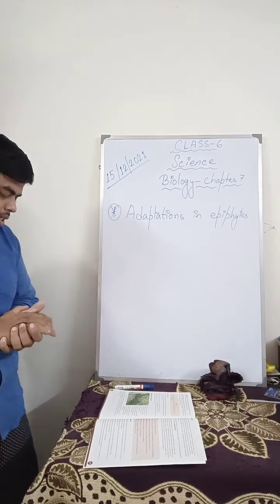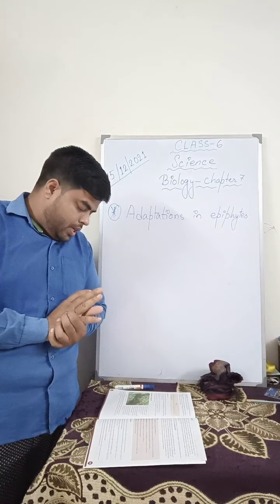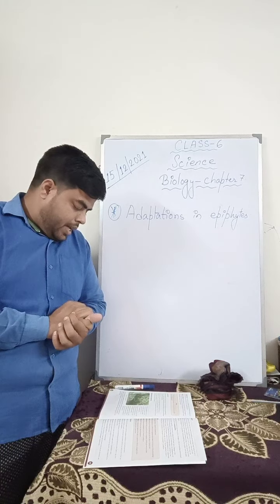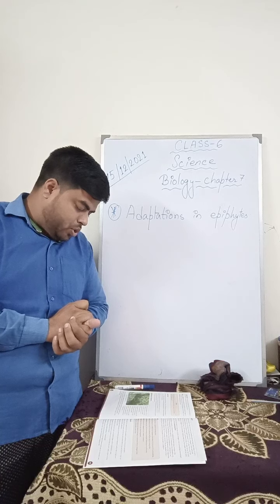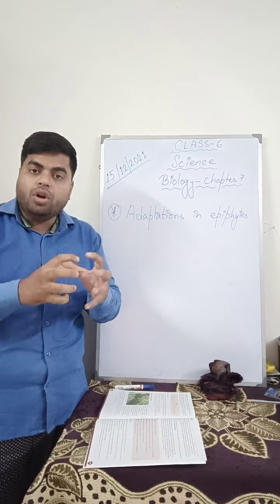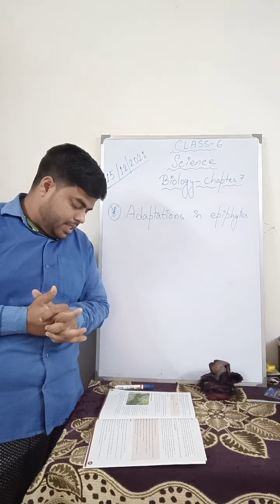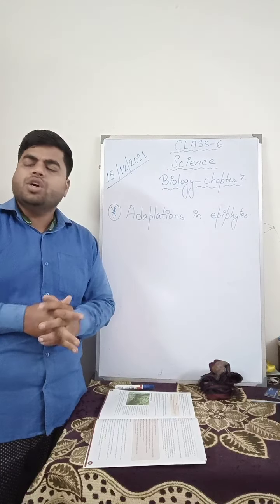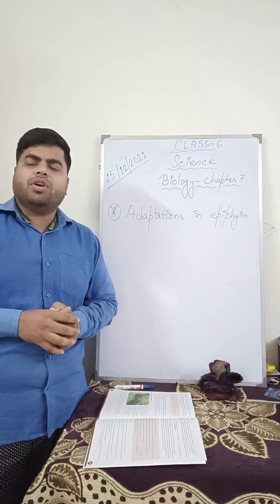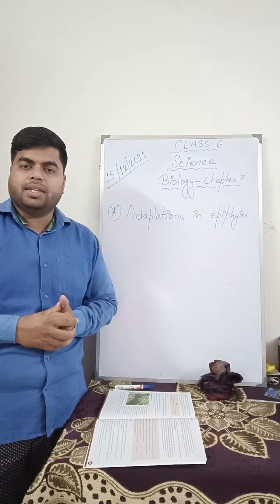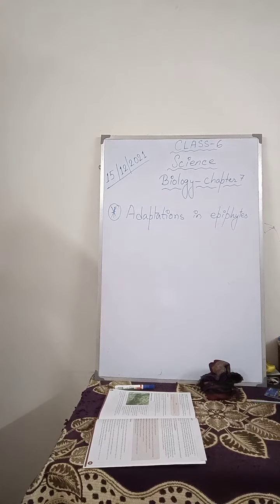Other types of modified leaves include staghorn ferns. They have very thick and waxy leaves to retain moisture, to hold moisture, to capture moisture. Many epiphyte stems share similar characteristics. So most epiphyte plants have almost the same type of characteristics. I hope all of you have understood the adaptation of epiphytes.